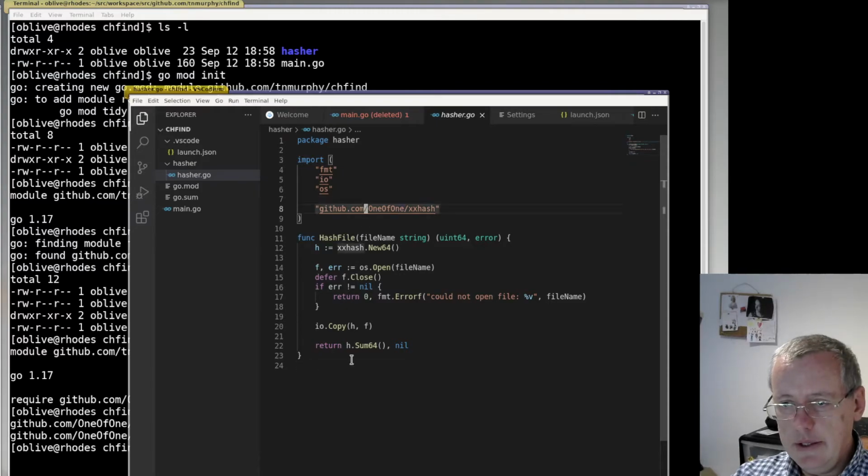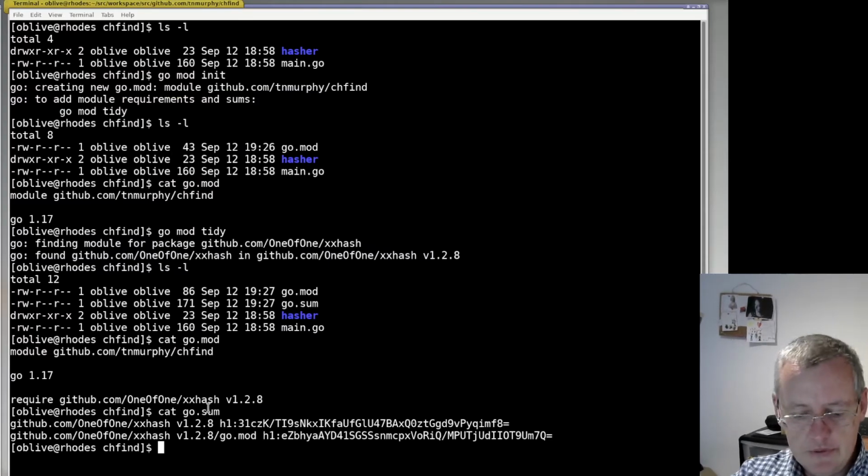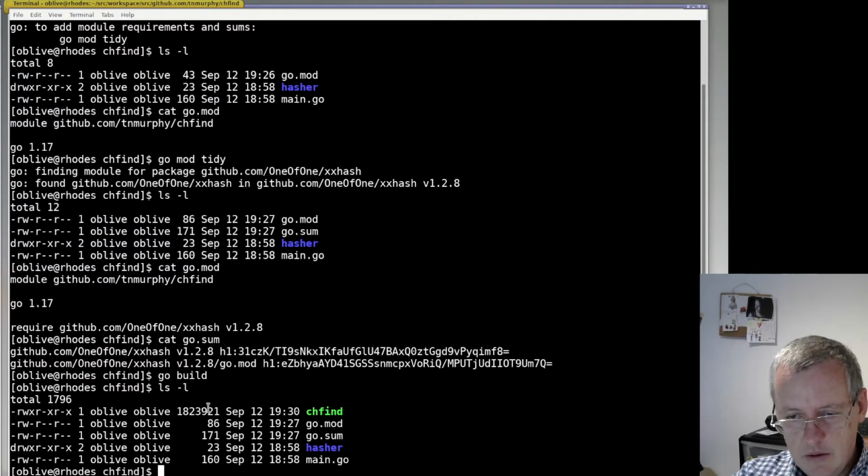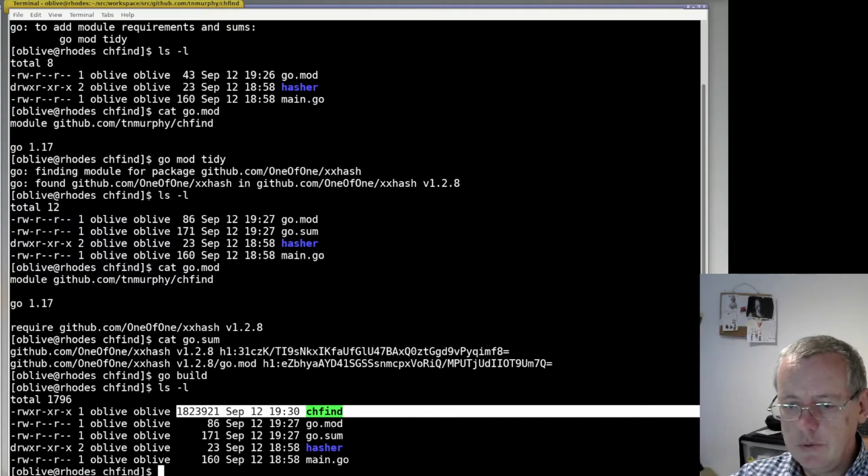Here we are. This is now OK. So what happens if I try to build this project? I'm going to do it at the command line because I like the command line. Go build. Oh, isn't this nice? Now I have a binary called chfind,